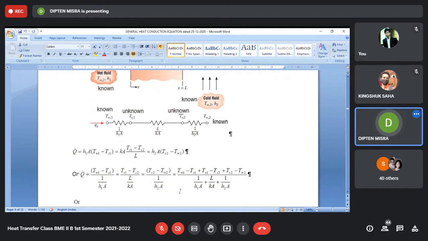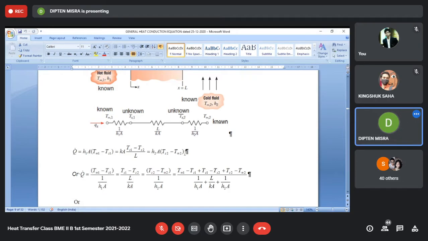Now remember, one more thing is that we have written this thing. Although we have written this thing, we cannot compute this thing separately because TS1 is not known. The surface temperature on the left side of the wall is not known. Similarly, we cannot evaluate this part because TS1 and TS2 are not known, so the heat conducted across the thickness of the wall is also not known. And here also, if you see, TS2 is not known, so we cannot find out this value also as a whole.